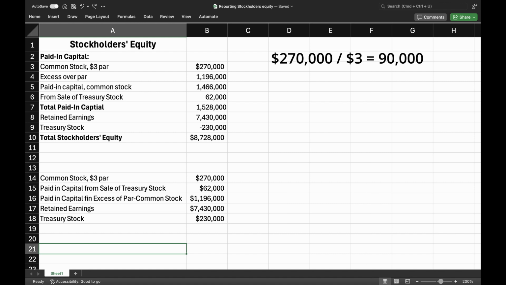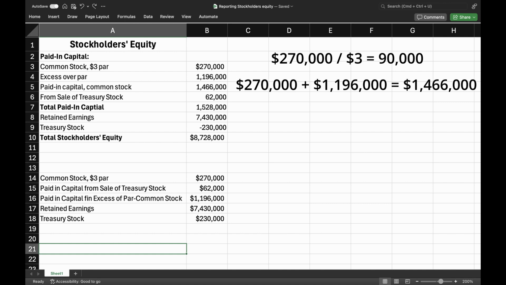The next account is the excess over par account, and the excess is the amount the market price adds to the par value. From the information given, we know that the balance of the excess over par account is $1,196,000. The next account up is the paid-in capital common stock account, and its balance is found by adding the values of the common stock $3 par account and the excess over par account together. In this case, we would add $270,000 to $1,196,000, which comes out to